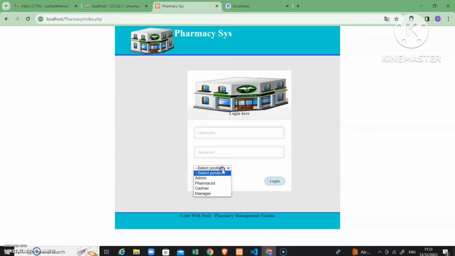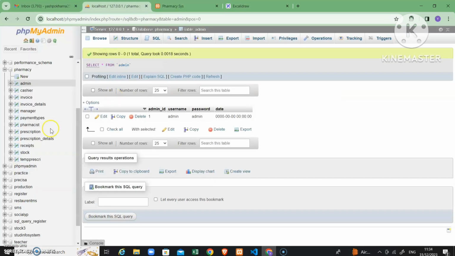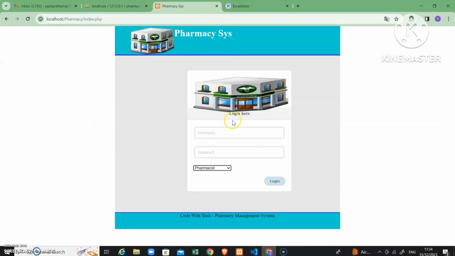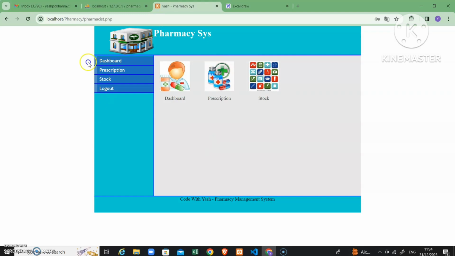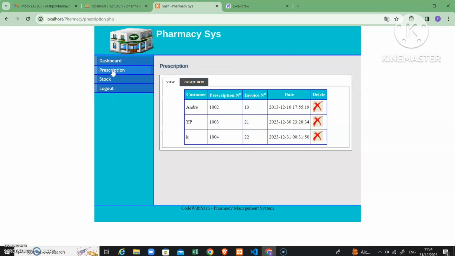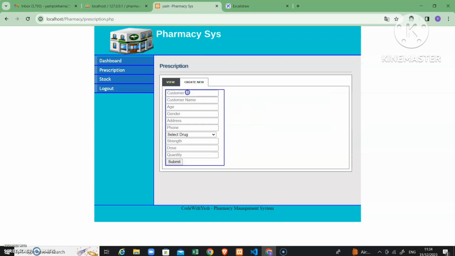Now let us go to the pharmacist panel. The pharmacist can view prescriptions and add stock. So he can create a new prescription. Let's say we want to create a new prescription.